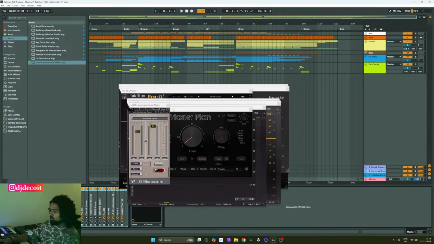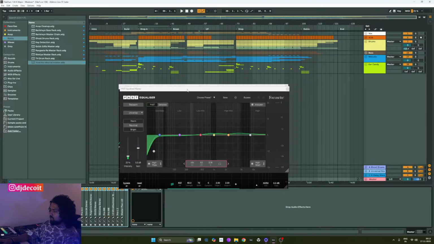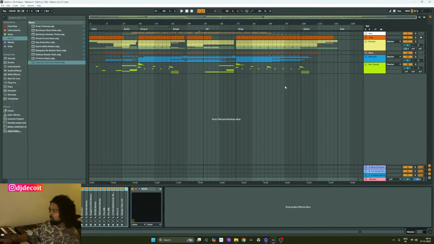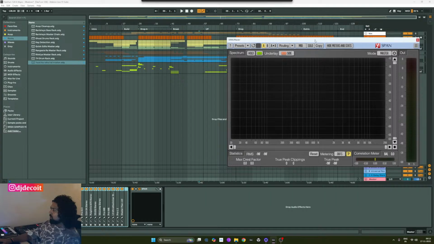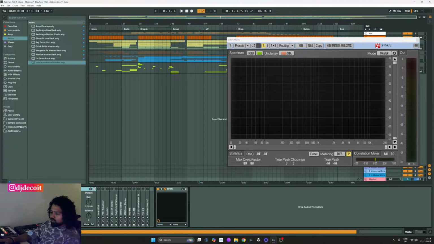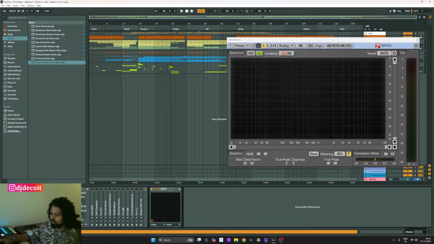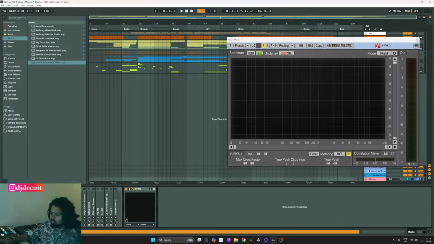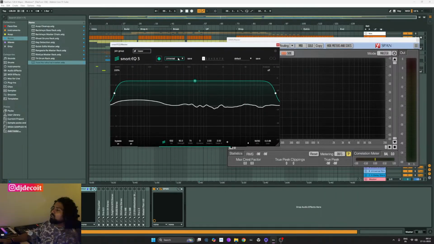The great thing about throwing in this master rack is that it gives me, yeah, I think let's just go through these one by one. And what I have done here with utility, so we can delete the old utility. And the second plugin is a smart EQ3, which basically here is